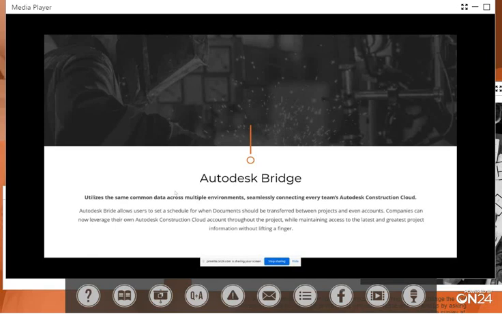What Bridge will do is allow us to share information between those accounts. Today, it functions with the documents aspect, that underlying tool, Autodesk Docs. So rather than having to go in and download information out of the general contractor's Autodesk Docs environment and pull it into your own for your field staff to get access to,